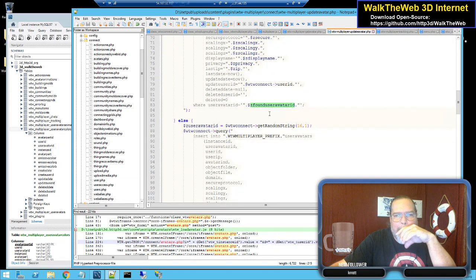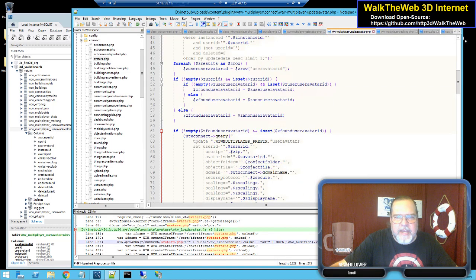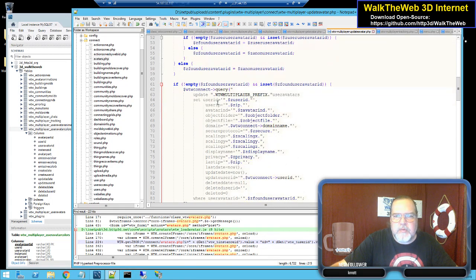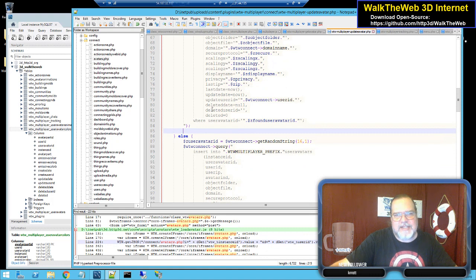Otherwise, found user ID is what I'm looking at. So here, if it does this update, then user avatar shouldn't be blank. It should be this at this point in time, because it's the found user ID. Now, if I pass that through the rest of the part,